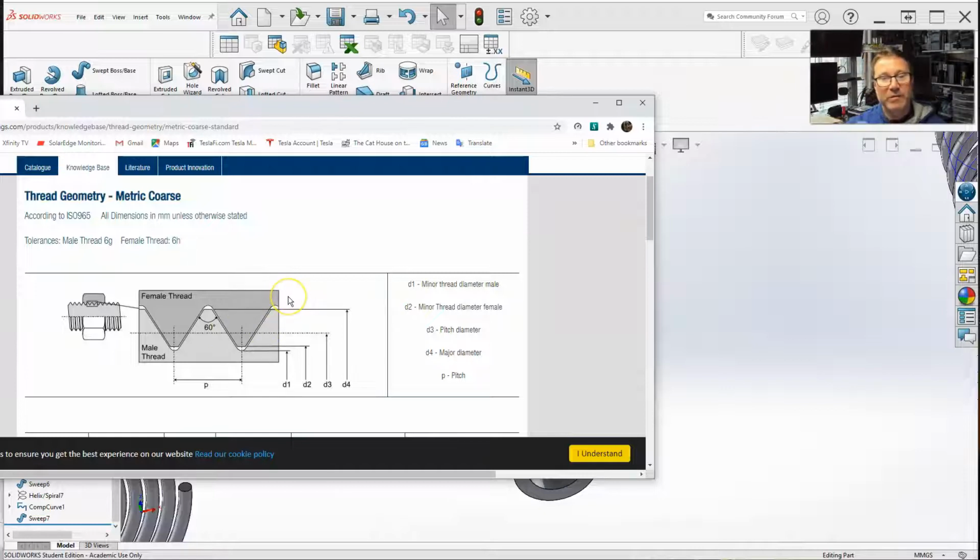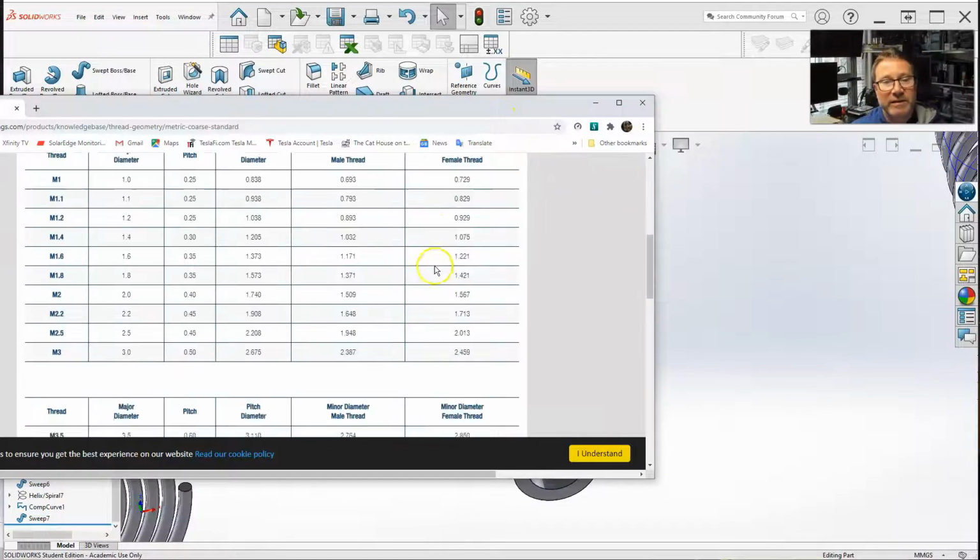If you're using a metric tap where you have a certain size drill, you drill through and then you tap that. So I would go with the minor on the other side, which on this part is the D2. See how it's kind of the opposite. If this were the external, this would be the major, but on the inside, the minor is kind of the opposite. It's where it mates up. So with that said,